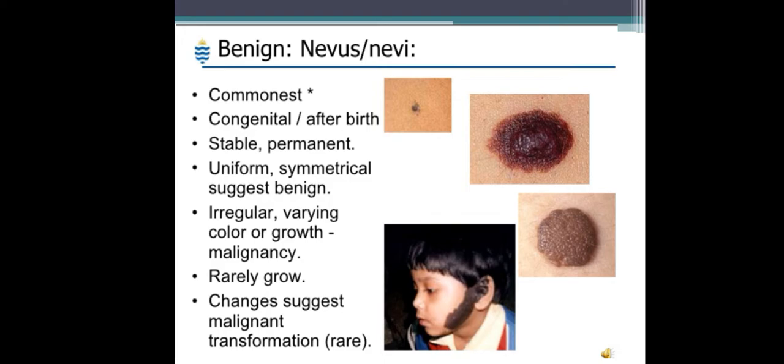So what is a nevus? It is a benign tumor of melanocyte, and that is one of the commonest benign tumors of skin. So you might have seen people with nevus, or some of your friends also may be having this nevus. They are nothing but elevated or sometimes flat blackish lesions over the skin. Sometimes it can be present at the birth itself. So that is known as a congenital nevus.